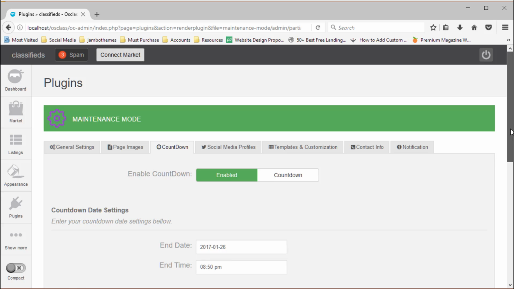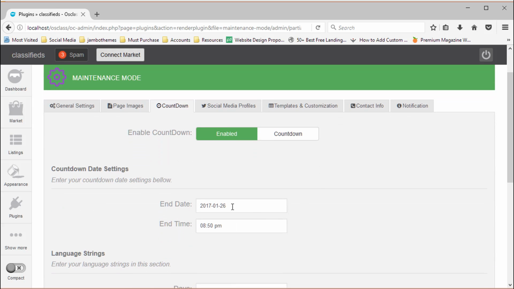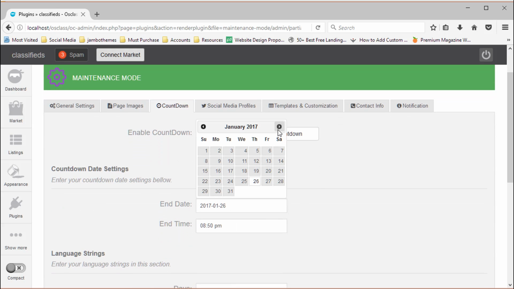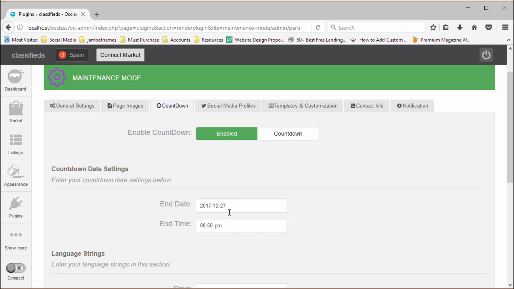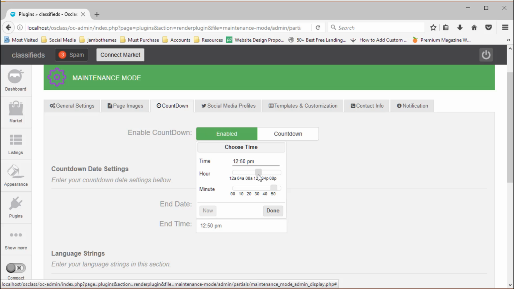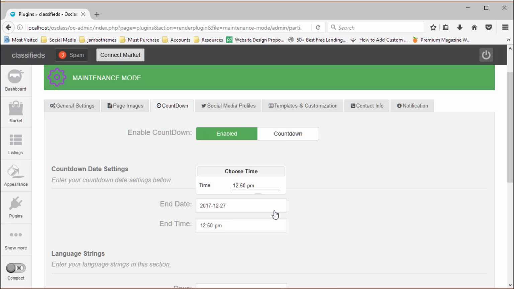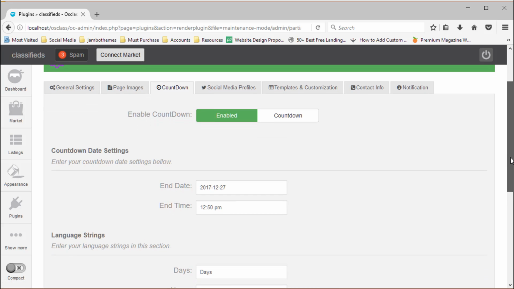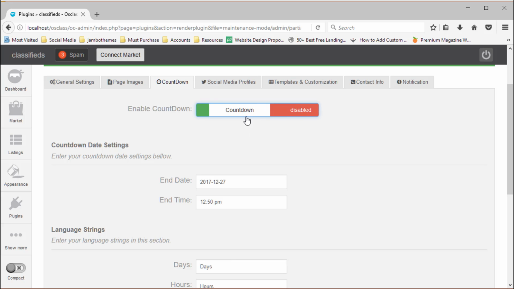Very important, you need to set your countdown. Let's say my site is right now on maintenance mode, or coming soon, and I'm planning to launch on December 27th. So there, and I have to set the time. Let's say I'm launching at 12 p.m. Remember to enable the countdown,